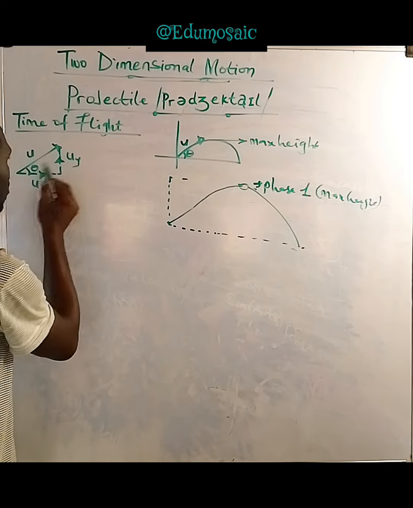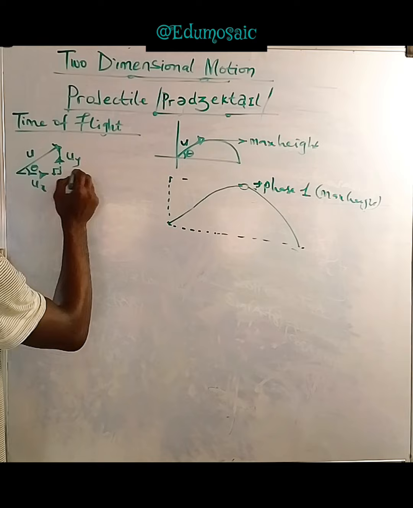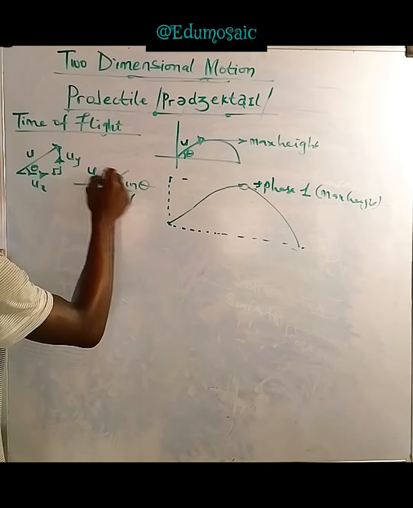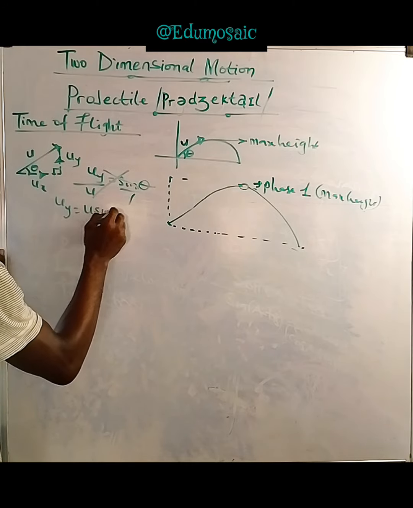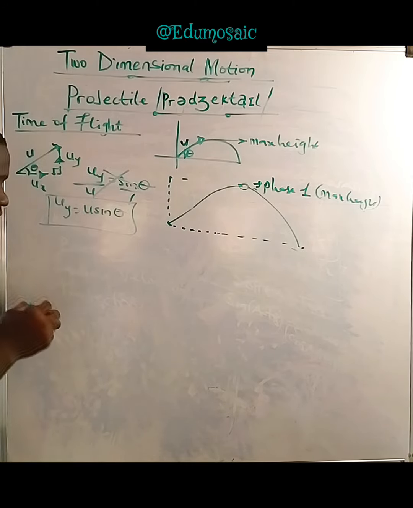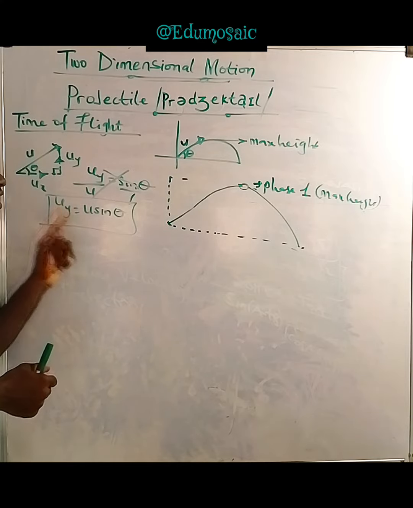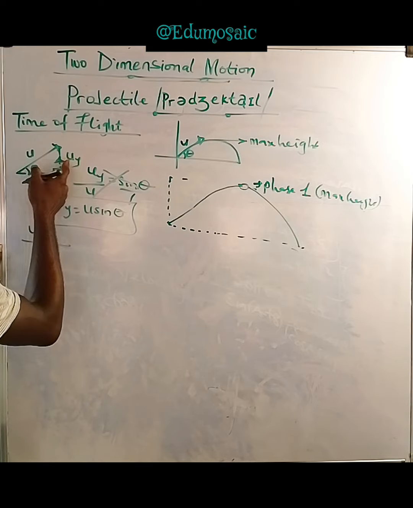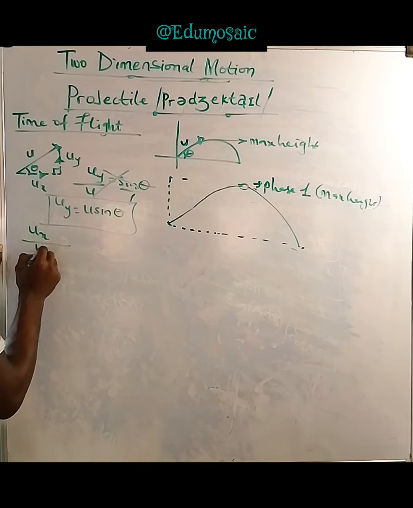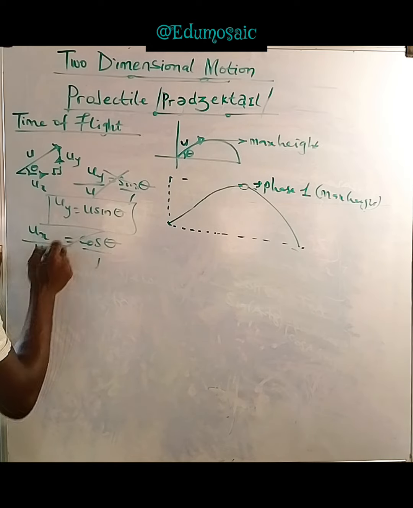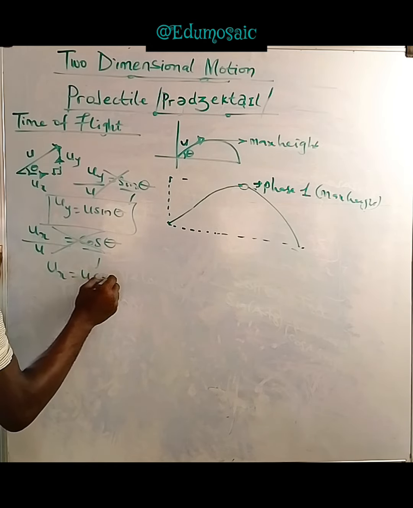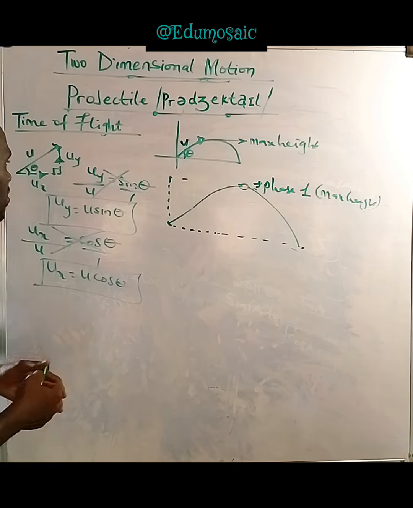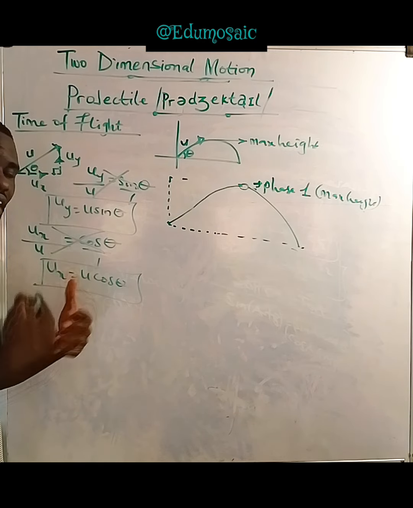Now don't forget SOHCAHTOA: opposite, hypotenuse, adjacent, very important. So uy over u, opposite over hypotenuse, is sine theta. So uy is u sine theta. So the initial velocity of the body along the y-axis is u sine theta. Let's see that for the x-axis. So ux over u, adjacent over hypotenuse, is equal to cos theta. So we cross multiply. ux is u cos theta. So this is the initial velocity of the body along the x-axis. That means immediately the body was projected, it experiences two kinds of